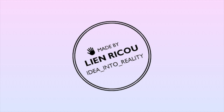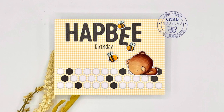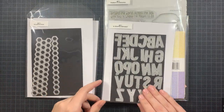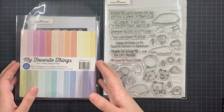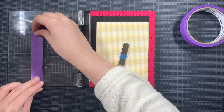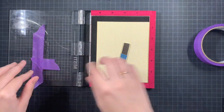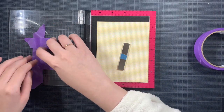Today I'm sharing this birthday card I made using the newly released Bee Long Hexagon Pops and the In Stitches alphabet from My Favorite Things. I'm also using the Petite Gingham paper pad and a stamp set from Partners in Adventure. First of all, I have cut down my pattern paper from the Petite Gingham paper pad to an A2 sized panel,